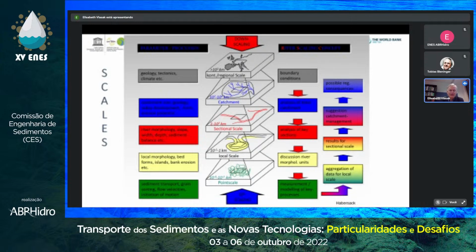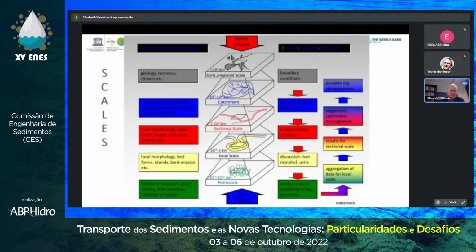And then, of course, we have smaller scales like this one here within the reservoir or downstream, with a point scale. That's the scale where we take samples. So we go out and take a grain size distribution, and then we end up with a point scale. And the interesting thing is that in different scales, you have different processes that determine, in a hierarchical way, the larger dominates the small one.